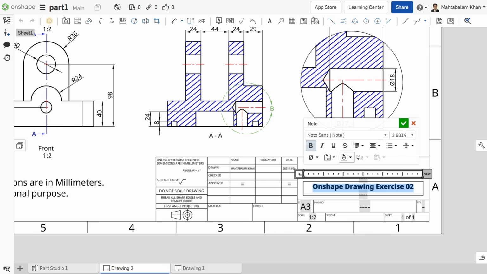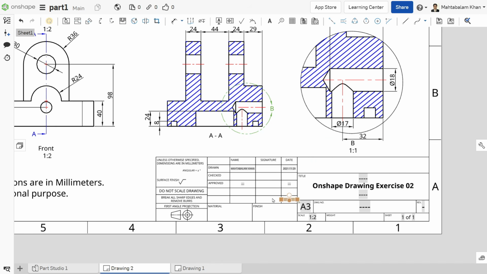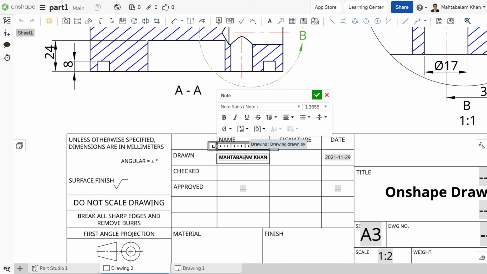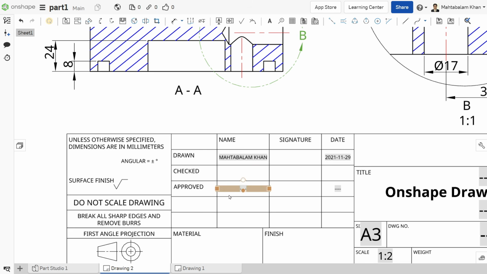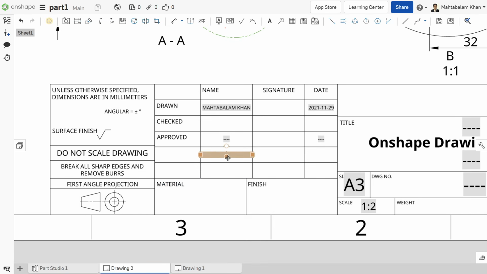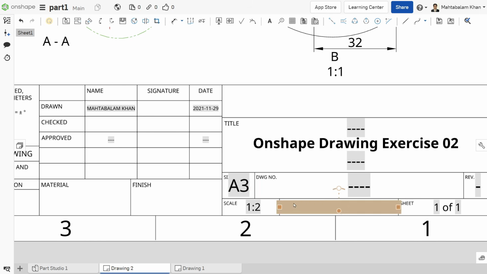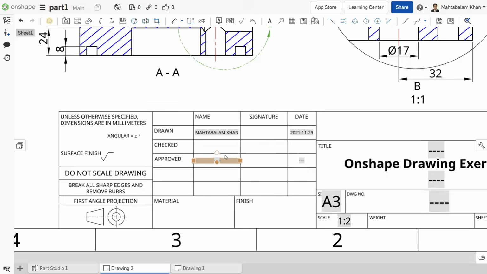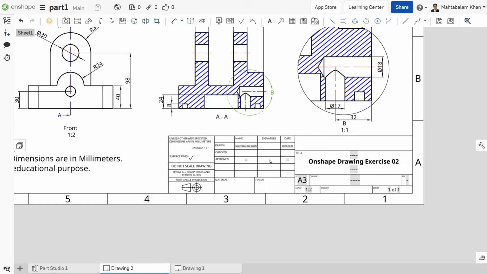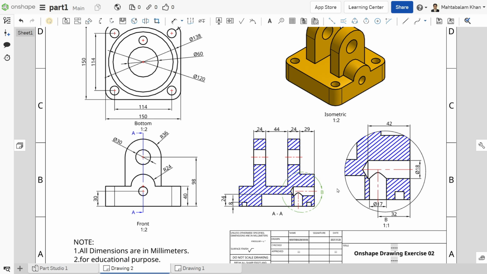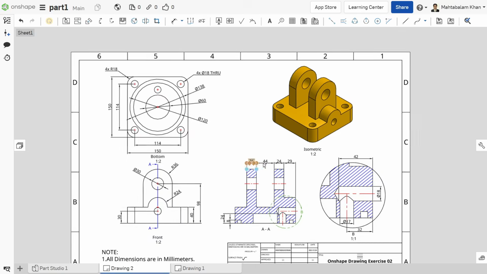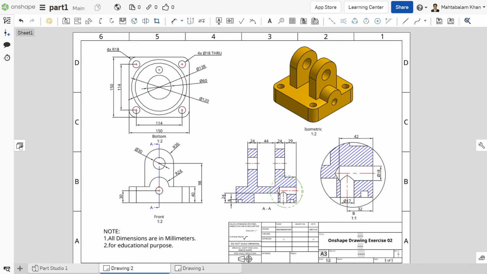Bold, okay. Now you can move your cursor and just double click and you can change the name, bold and anything, and separately you can allocate all the names, material, finish, drawing A3, sheet size, sheet 1 of 1. So these all you can edit, just simply double click on the things and do it. So here this is okay, we already finished, this is enough. I hope you like it.